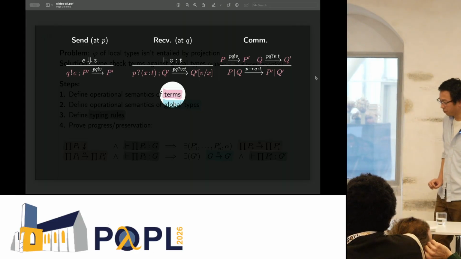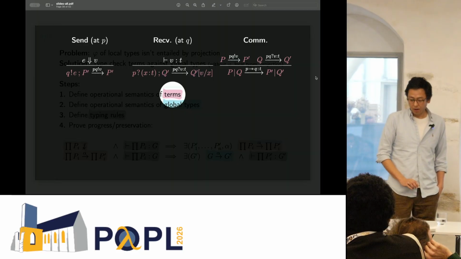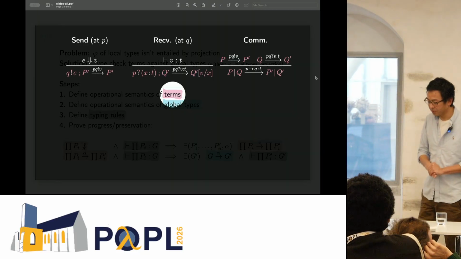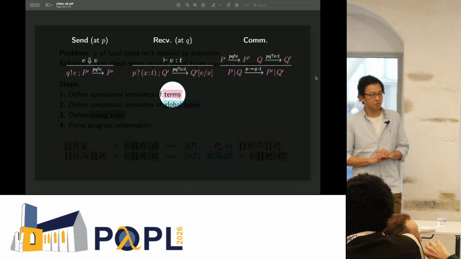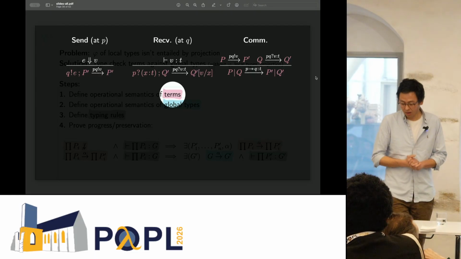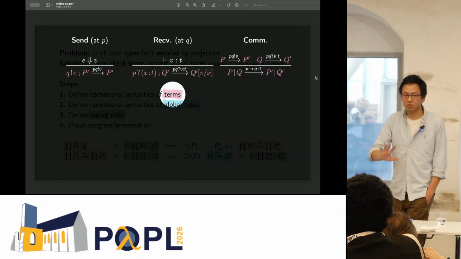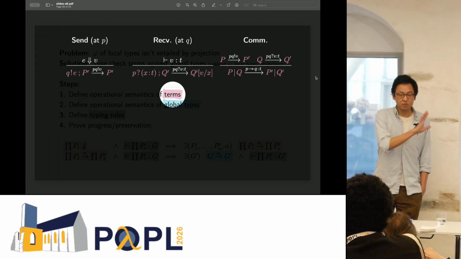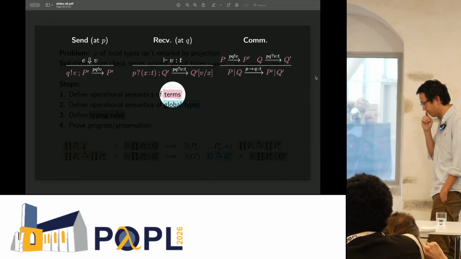Similarly, we have such a rule for receives. And for communication, right, if we have an output process and an input process, and we put them in parallel, then we basically just synchronize their transitions. That's what's happening here. Now, I should emphasize, these rules are completely standard. This is just concurrency theory. Our contribution is not on this part, but I mean, we need it, so I needed to mention it here.